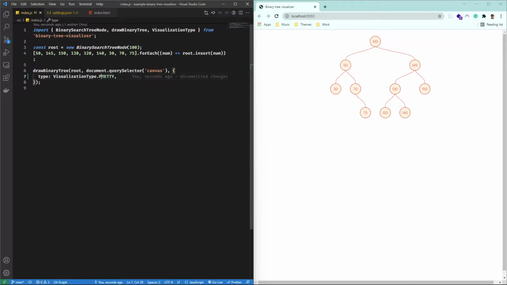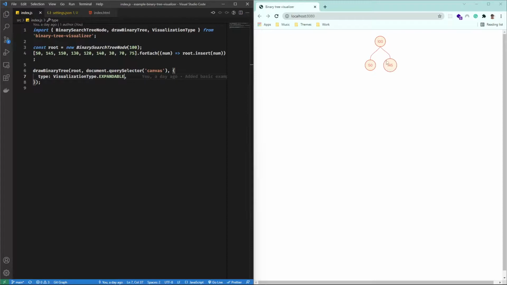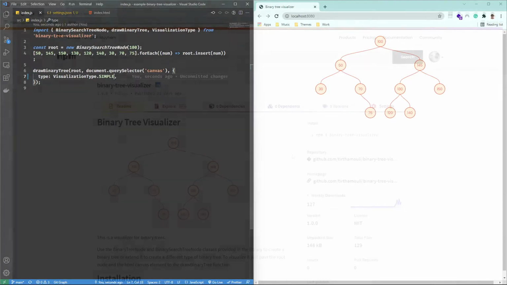Now, if you're like me who gets bored easily, binary tree is not a very good topic because while learning the basics of binary trees, not only is the usage of binary trees unclear, there is no good way of visualizing it. So with that in mind, I created this library which will help you visualize any binary tree for learning or any other purpose that you have in mind. So let's get started.